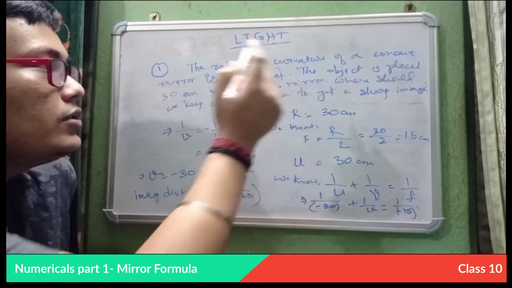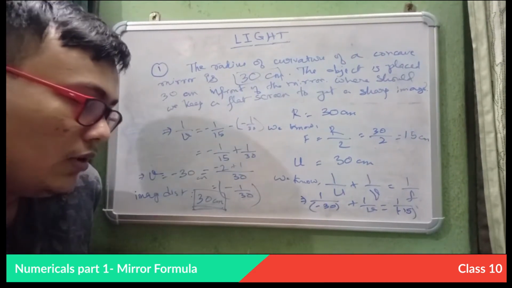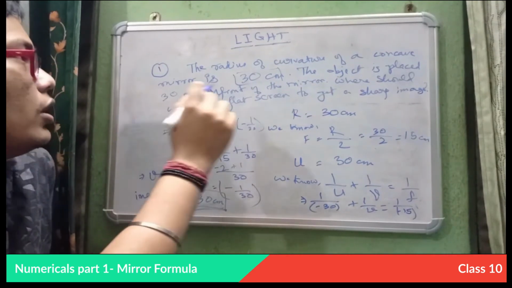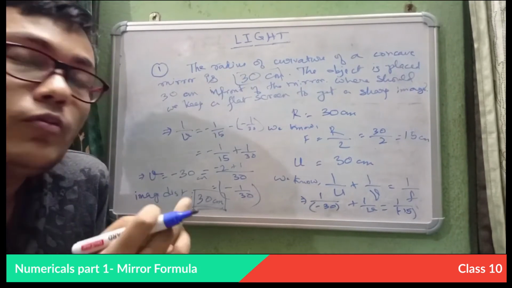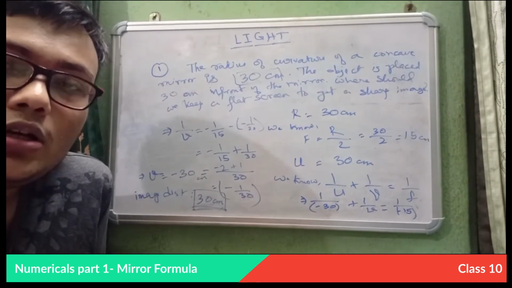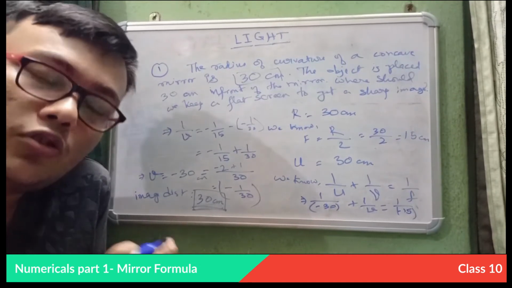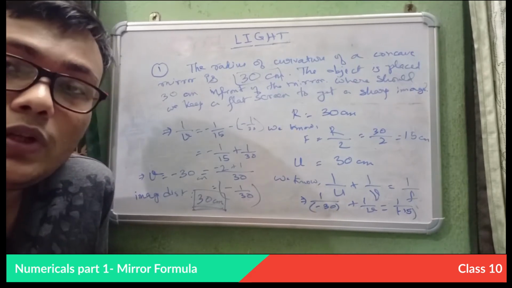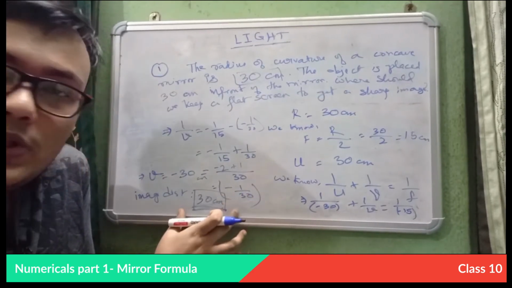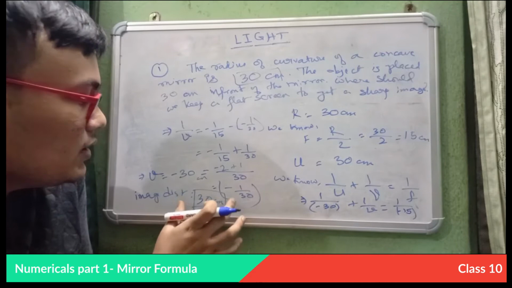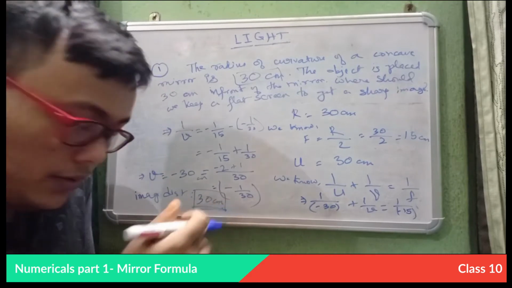Now if you look at it, image distance is 30, which we found out, and the object distance is also 30, right? When I drew the rough sketch, the object was kept at the center of curvature. From the theory we discussed in previous videos, when the object is kept at the center of curvature for a concave mirror, the image is also formed at the center of curvature. This is from the ray diagrams. Now mathematically we prove it. This is the mathematical proof of the theory.